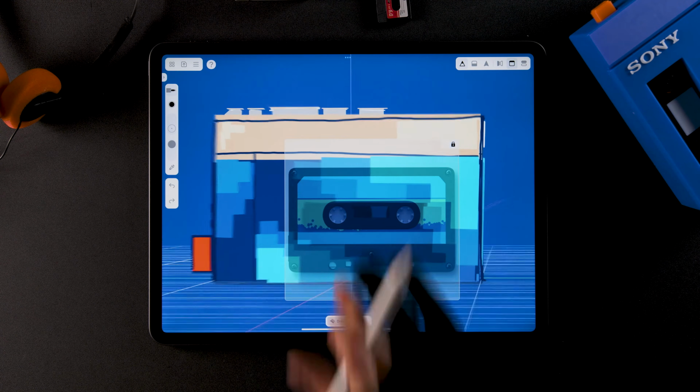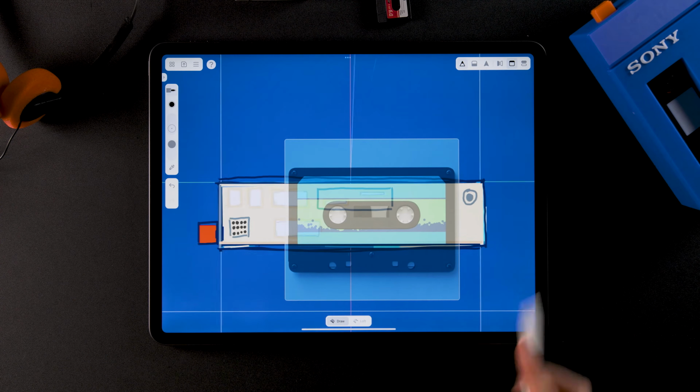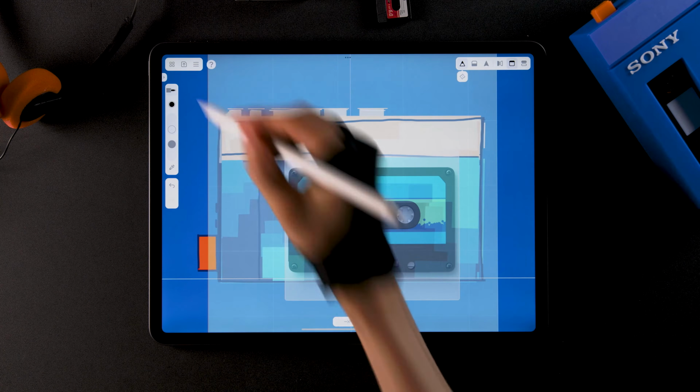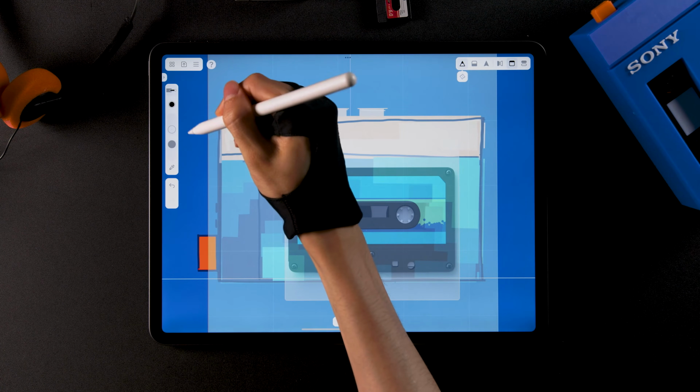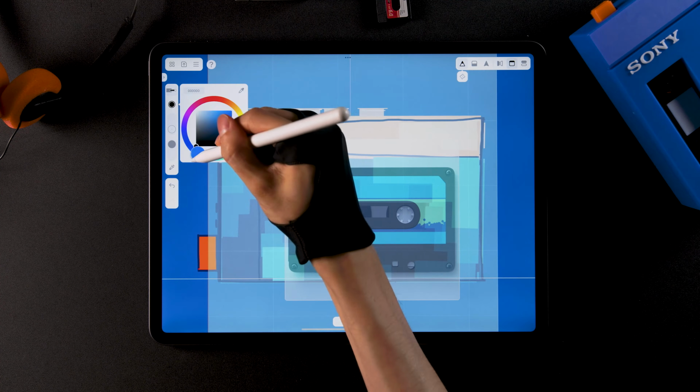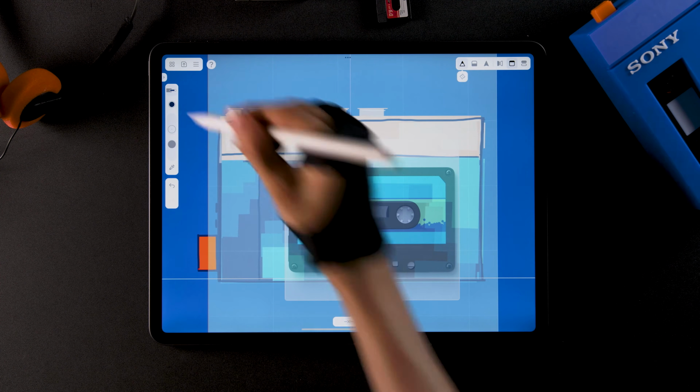It's time to draw. Double tap in the top view and draw a 3D guide. Then go back to the front, switch to the third brush, set the size to 15, and change the color to a slightly dark blue. Let's turn on the stable stroke option before drawing the tape.